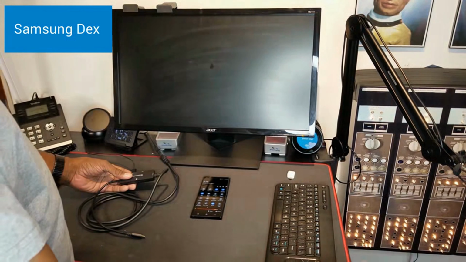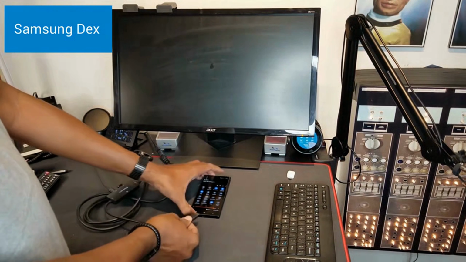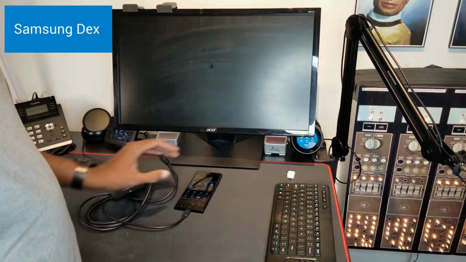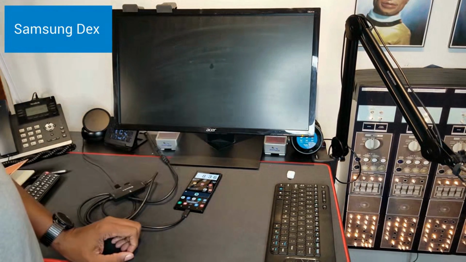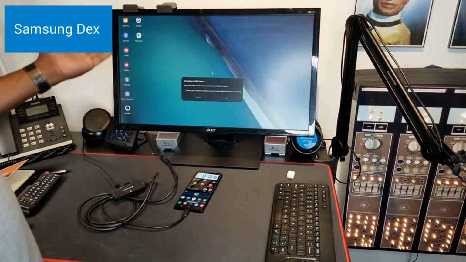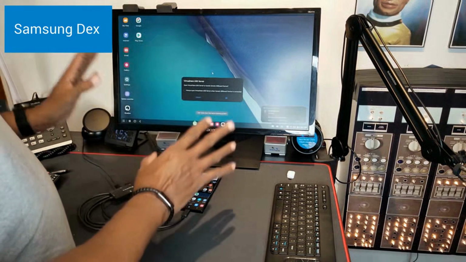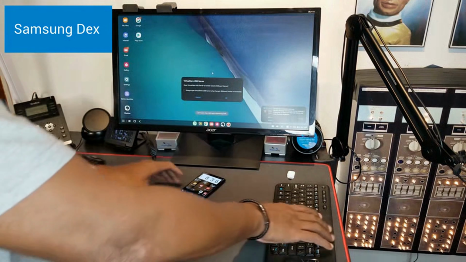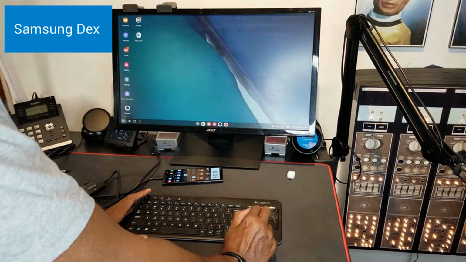I'm taking the adapter for the wireless keyboard, plug that in. All I do now is plug that into my Note 20 Ultra. You'll see it flash there for a second, and there we are, Samsung DeX. This is a fully functional desktop computer. I can now take my keyboard, and I can open Google Docs for just 1 second.